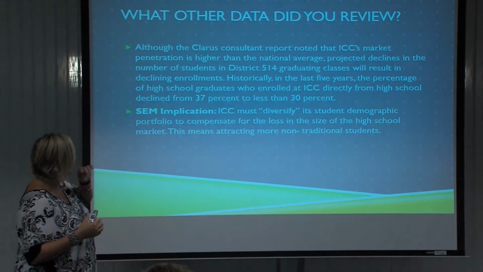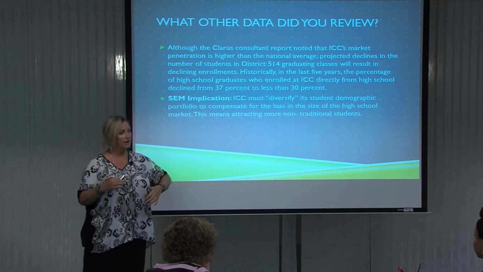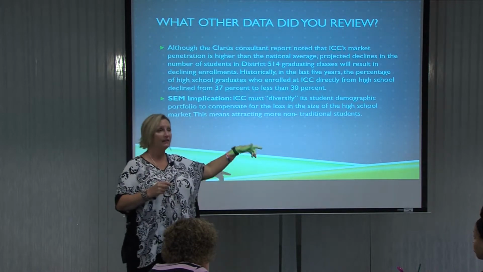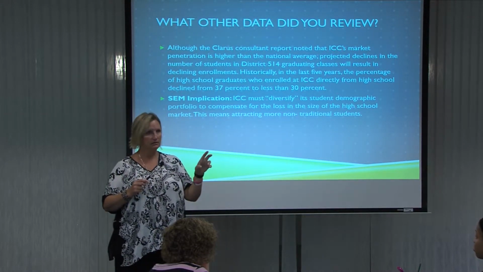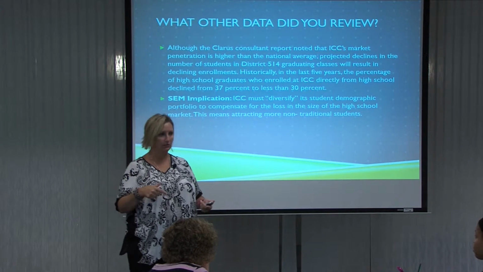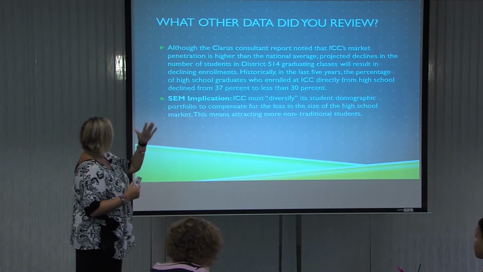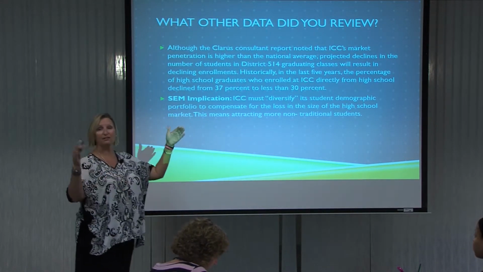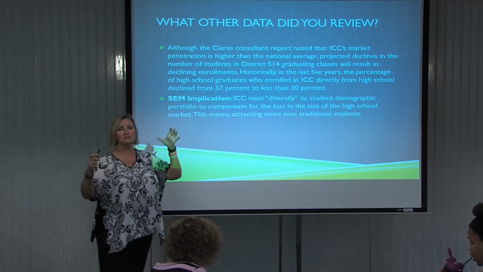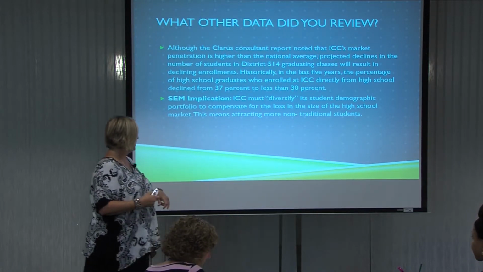we have seen enrollment in high school number of graduates decrease. That has nothing to do with us. That is the population. When I started in higher ed 15 years ago, one of the first jobs my boss gave me was to get some information on demographics. And I remember back then looking and saying, oh boy, when these kindergarten first graders come through, we're going to see a hit. Guess what? That is right now, the last 3 years. The number of possible high school graduates has dropped. So even as we drop a little bit down to 30%, we're getting 30% of a smaller number. So it's kind of like a double hit. So what they really said is we have got to diversify. We've got to spend some more time on adult students, non-traditional students, in addition to our high schools, because